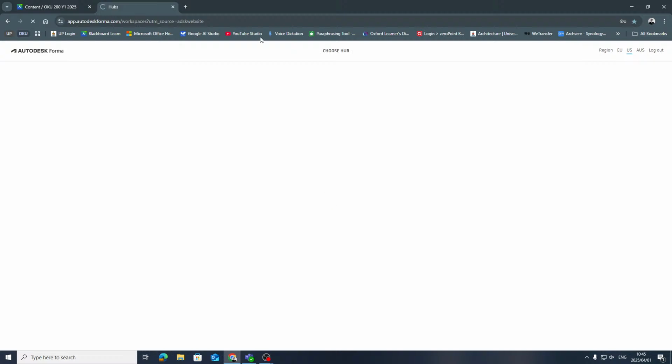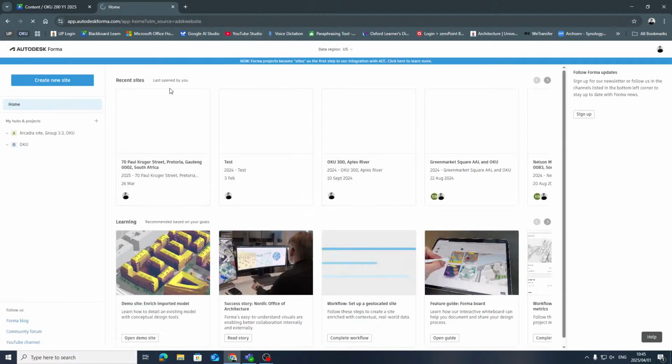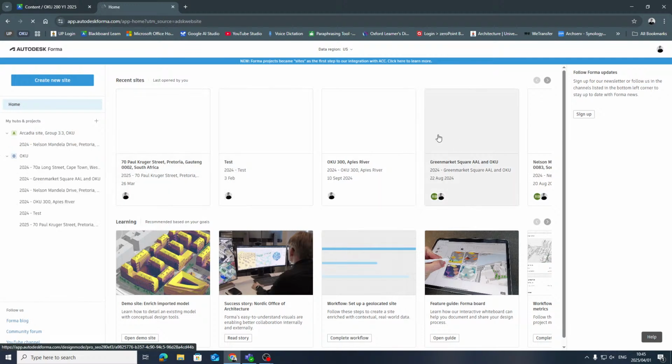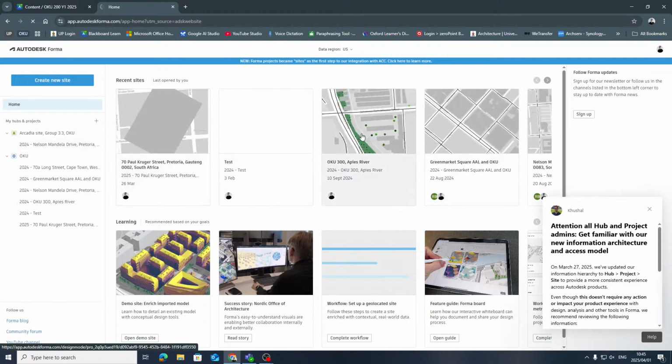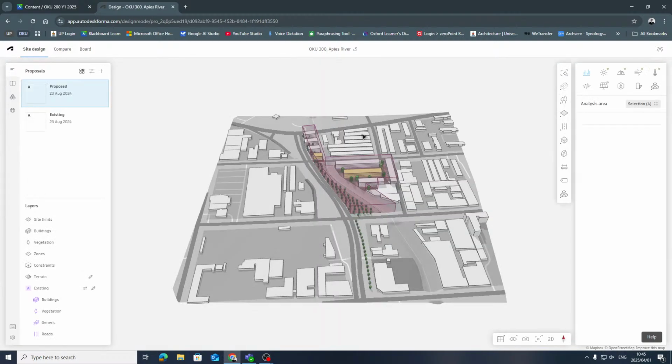Now, Forma is a great tool if you're doing site analysis and urban analysis, etc. But it's not that great if you're just doing small residential, if you're doing a building. So if you're doing a building, these tools are not going to work for you anymore, okay? Because this is designed to do modeling on an urban scale site or massing of a site.